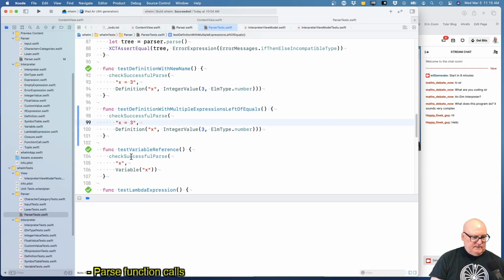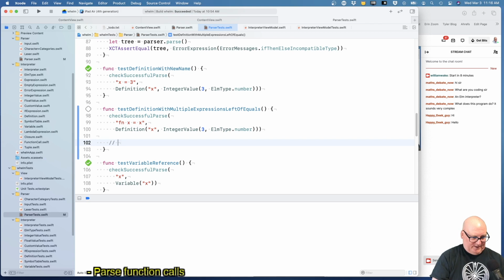If I see function x equals through, well, let's make it x for now. Then I expect... I'm expecting something more complicated than our current definition. What I'm really expecting, maybe it's really maybe too far. I expect to see definition